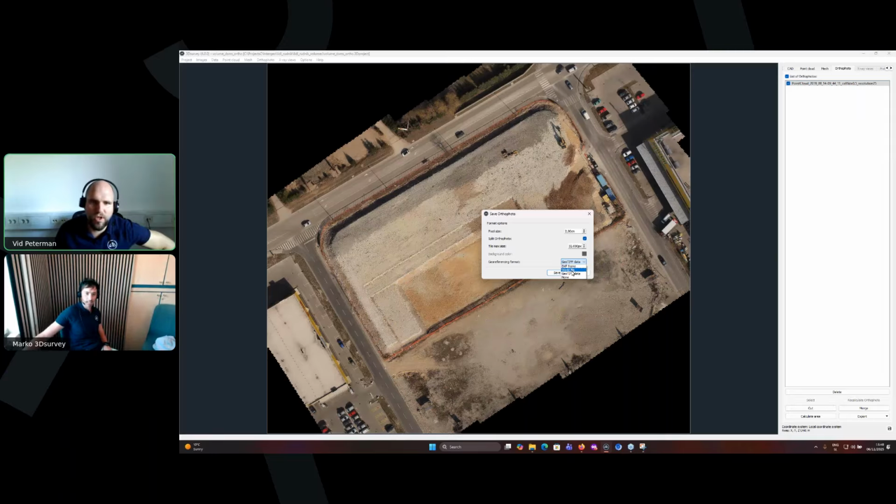The second option is to use a World file. This one works for PNG and JPEGs. It will create a separate file with the coordinates of a corner and the pixel size. If you put that file in the same folder as your JPEG or PNG, when you bring it into CAD or GIS, it will automatically be interpreted and imported